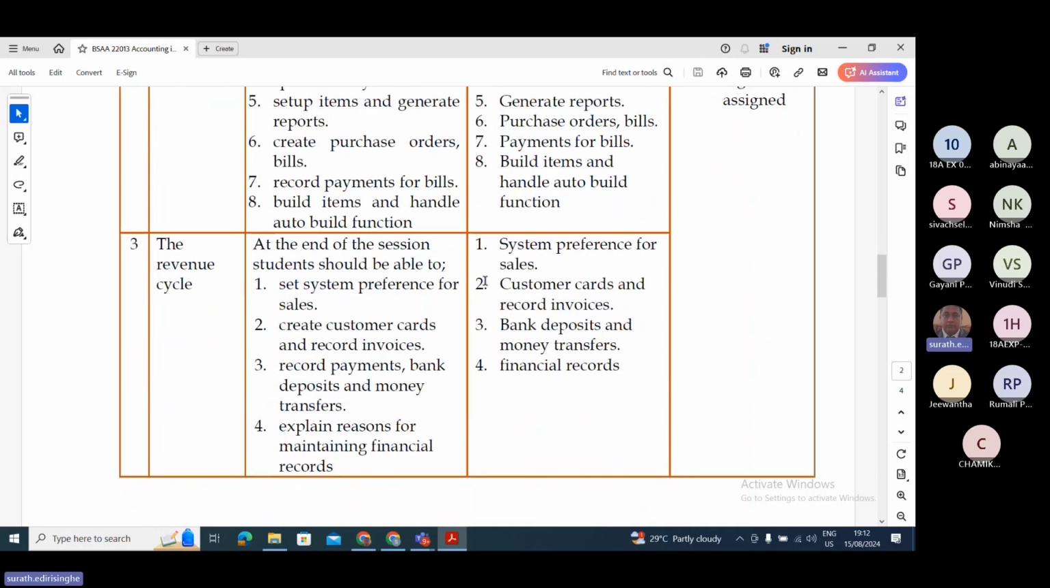Revenue cycle. Sales order and generating the income for our company, the selected organization. The student should be able to look at the wording given here. The student should be able to understand each and every section given in this wording. So you should be able to